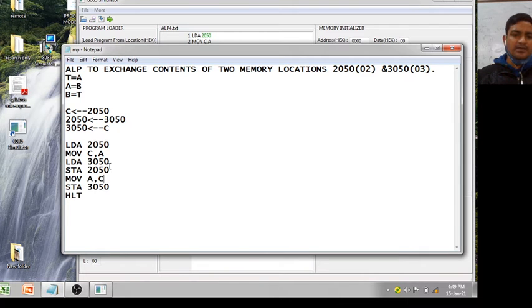Now this is your direct memory addressing, your LDA and STA instructions. What is the disadvantage of this? Suppose you want to transfer 100 memory locations into another 100 memory locations, then you need to write the code 100 times. So it does not dynamically allocate. Instead of this, we will use indirect memory location. Now I am using indirect memory location, MOV A, M.